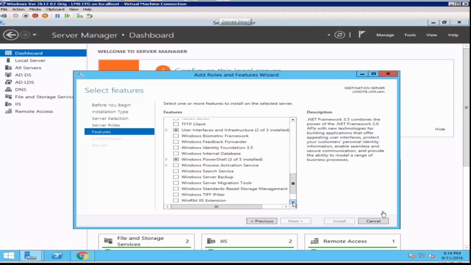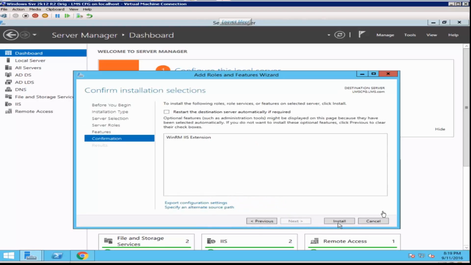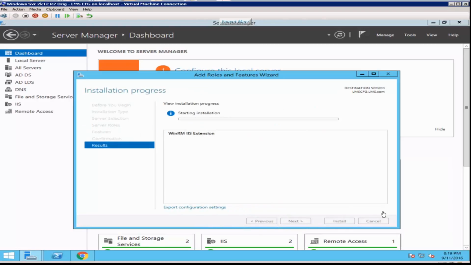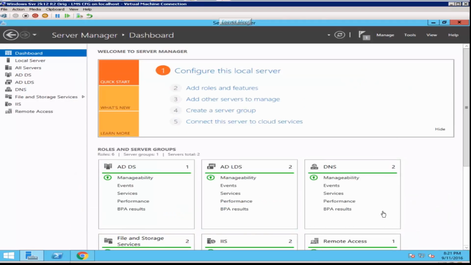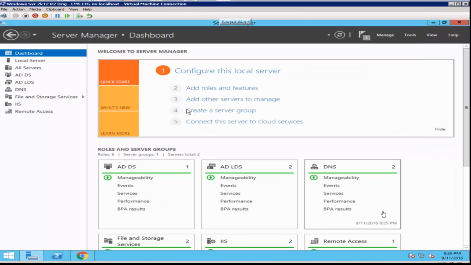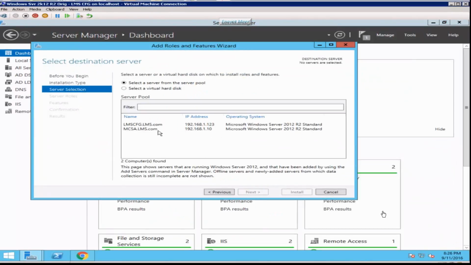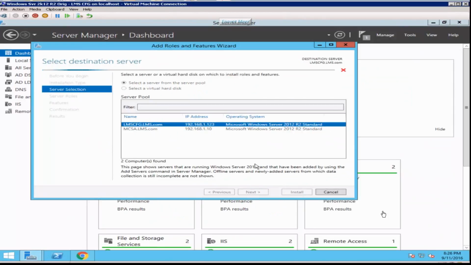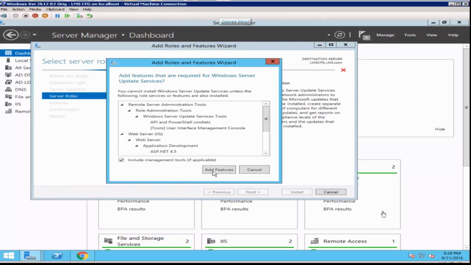Instead of having SQL Server on the same host, for performance purposes and for some other unique reasons, and also I don't want to have the SMS provider on SQL, because SQL does not support the SMS provider if you are having a SQL cluster. So clustering actually is not supported. For those who have a SQL clustering environment, it is good to have a standalone SQL server where you do not need to worry about it.